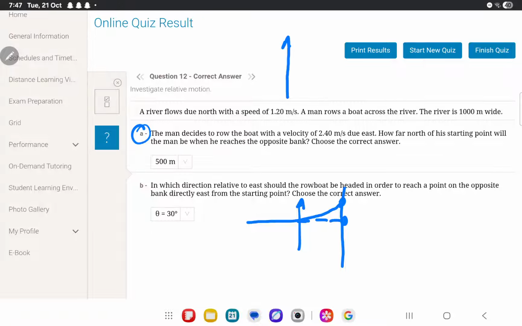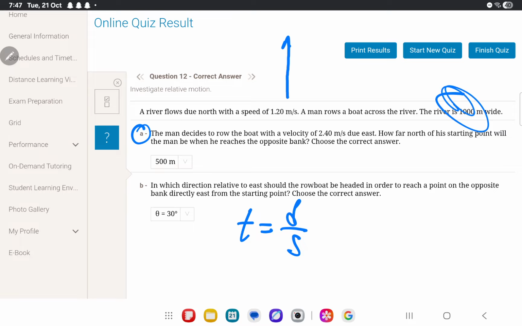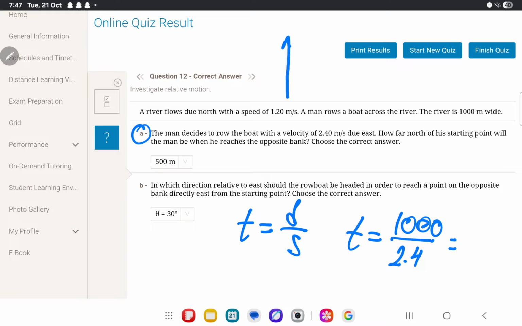Okay, so now, the rowing velocity of this guy is 2.4 meters per second, and he's trying to cross 1,000 meters wide. Now, what is the formula? Time is distance over speed, right? We're going to need to find time. The distance isn't the distance of where he's sailing, this is something else. The distance is the river's width. So time is 1,000 over the speed, which is 2.4. This gives you 1,000 over 2.4,